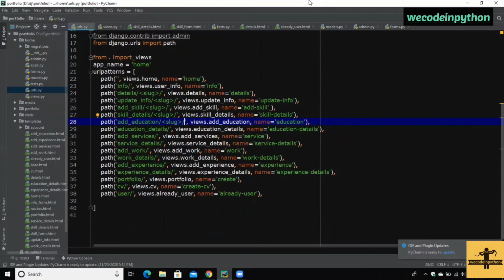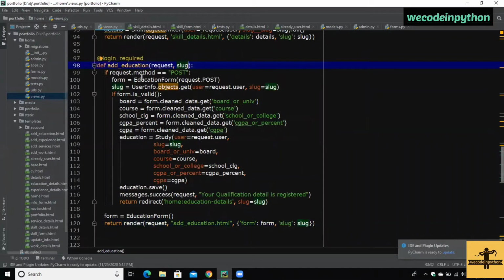Now what we need to do, we need to check. Here we are checking that if the request method is post, then this form will be submitted, and the slug will be from the user's info and object.get. We will check that user is the authenticated user that we are getting, and the slug part will be the slug that we are getting in the URL. The next thing is, if form is valid, then we will get the data, that is the value of the form, all these data,